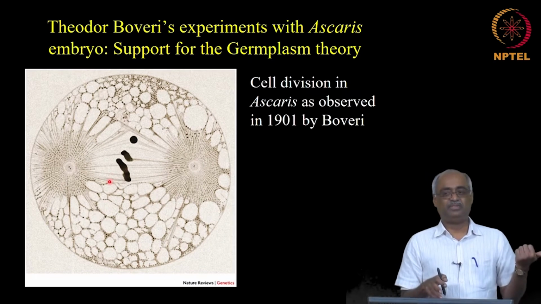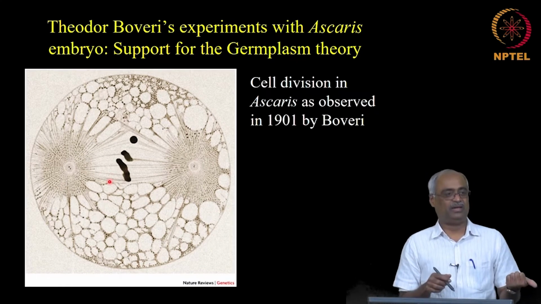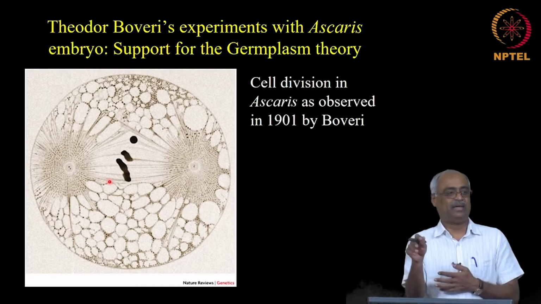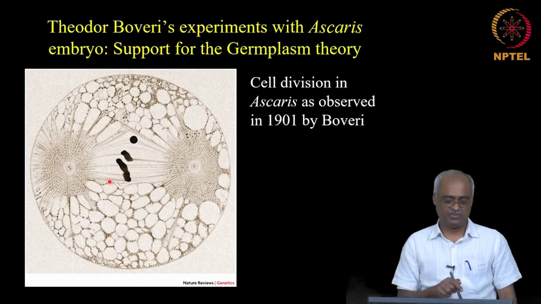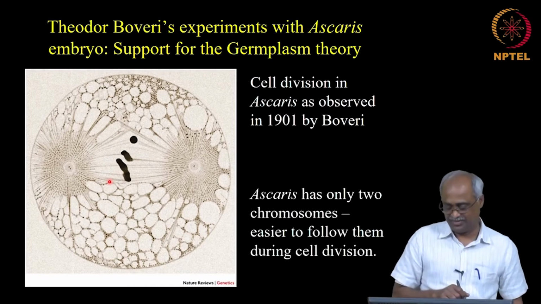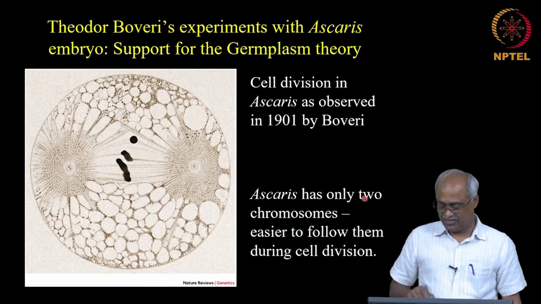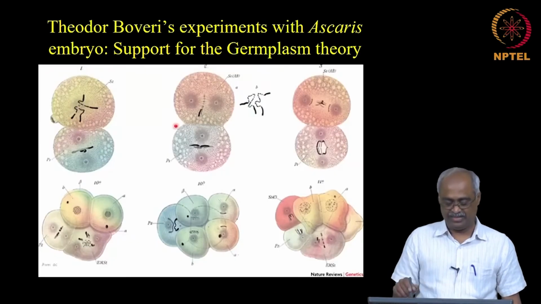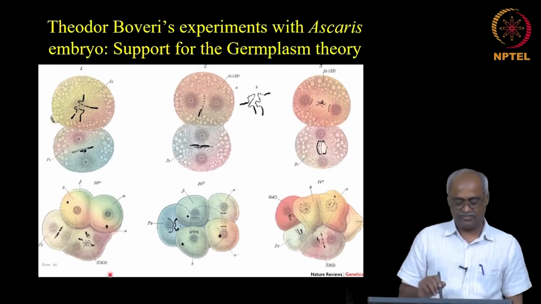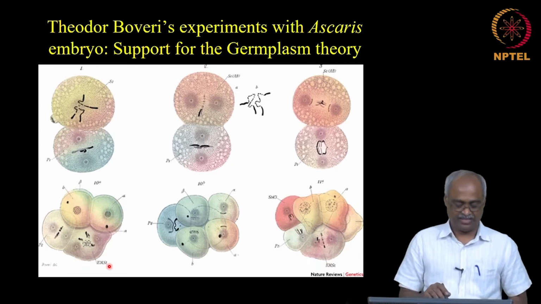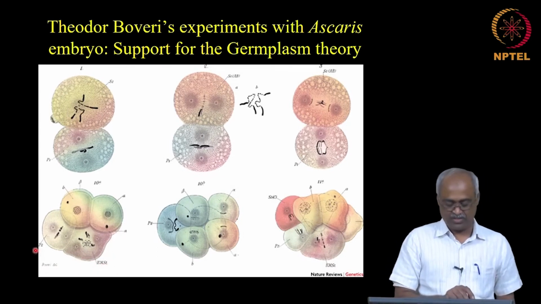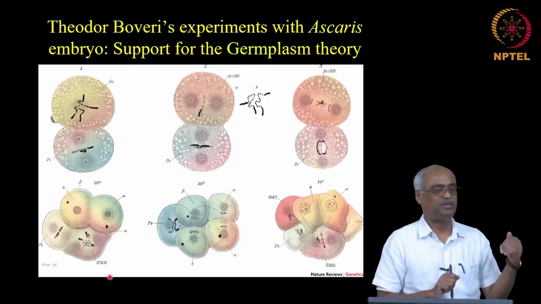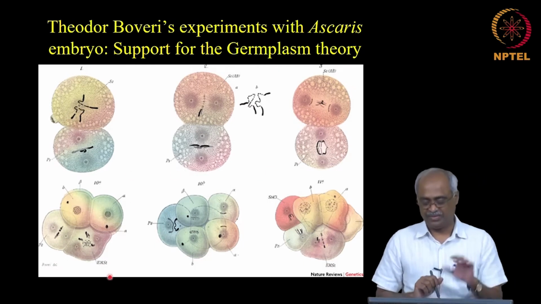Auguste Weismann's theory proposes that the somatic cells will have different contents. Is this happening to these 2 chromosomes? And it did happen. As there are only 2 chromosomes, they are easy to follow, and here are the cell divisions. Some of you who are learning C. elegans would see that the names he uses are what we use in C. elegans also, like EMS, endoderm and muscles come from that, P1, P2, P3, P4, the germline lineage. That is how he named them.